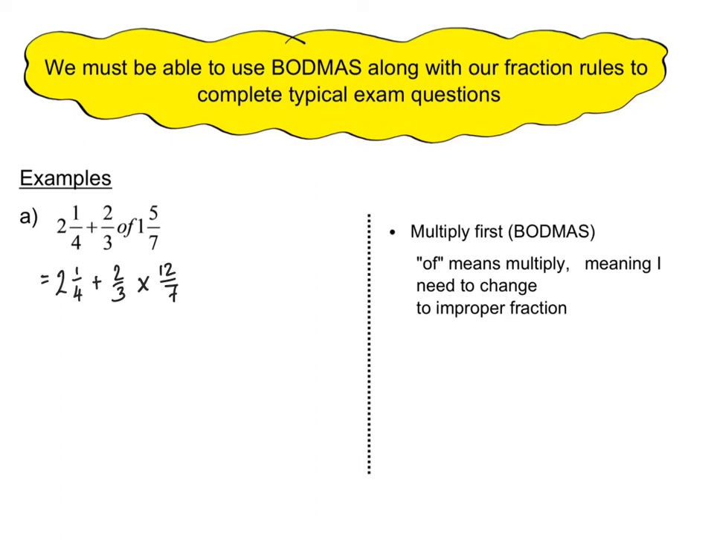Now, because of my order of operations and the fact multiplication is being done first, we're going to do this section here first. Now remember, for multiplication, all we're really doing is top times top, bottom times bottom. The 2 1/4, we're not doing anything with that just now, so we'll just drop that down to the next line. Plus, and then top times top, 2 times 12 is 24, and 3 times 7 on the bottom is